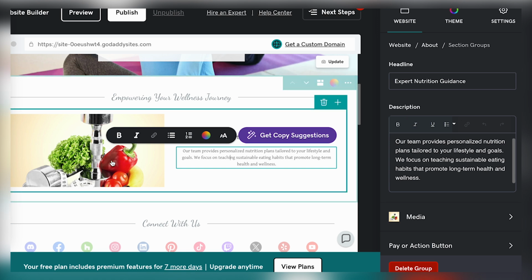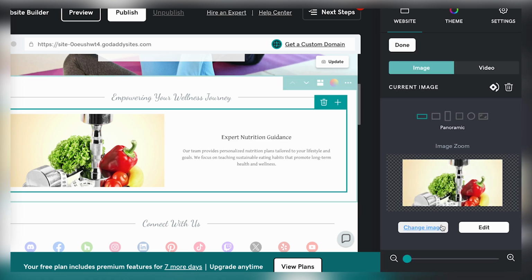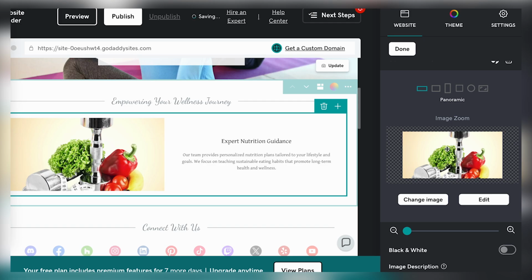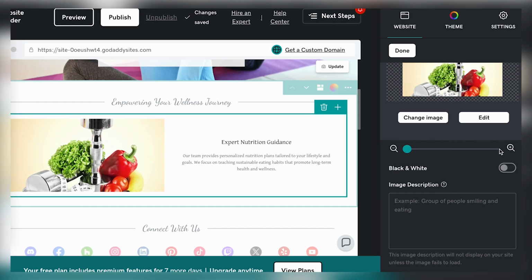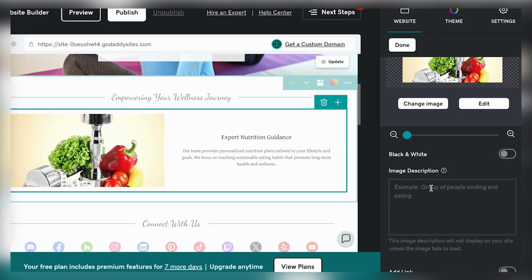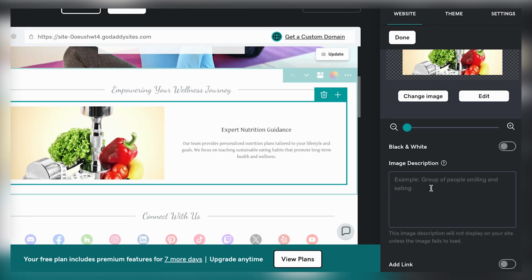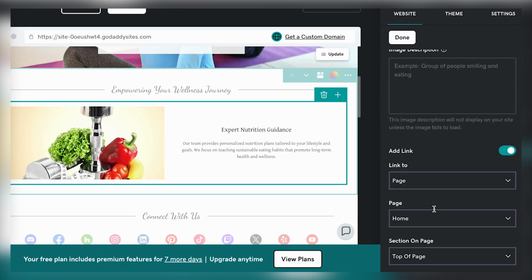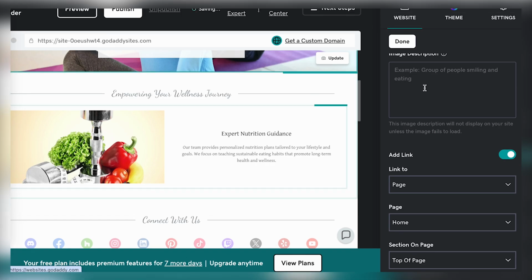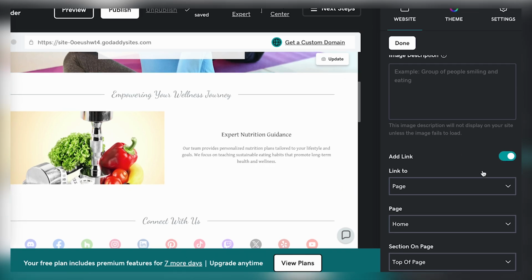When it comes to this left-hand image, you can add in or change media, as you can see. You can change the format, you can change the zooming in, you can have a description here for people maybe that are hard of seeing, and they can see that description. So this would be something that would be also useful when it comes to SEO, or you can even add a link if you want to with that image to maybe go to a planner or something that you are